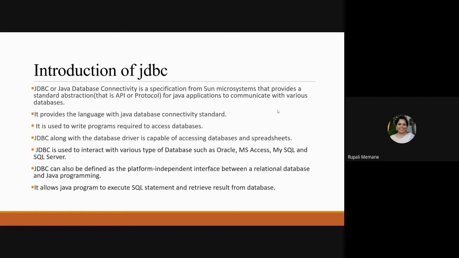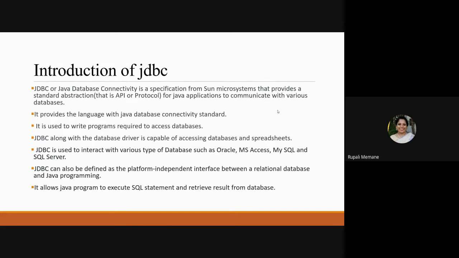Now JDBC along with the database driver is capable of accessing the databases and the spreadsheet. So straight away I'm not able to access, right? Now you know how to create the SQL table, you know how to create in PostgreSQL, but if I ask you to fire the query, you open the Postgre command prompt and from there you try, or you open the terminal and there you fire the query.